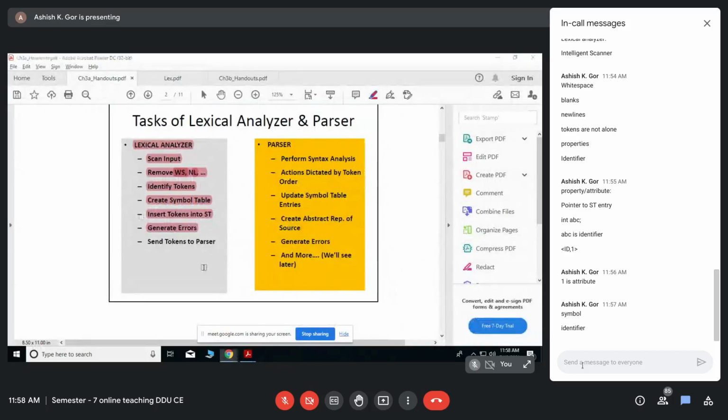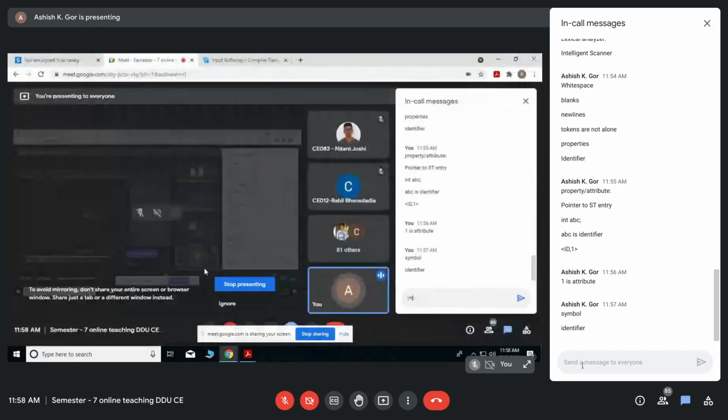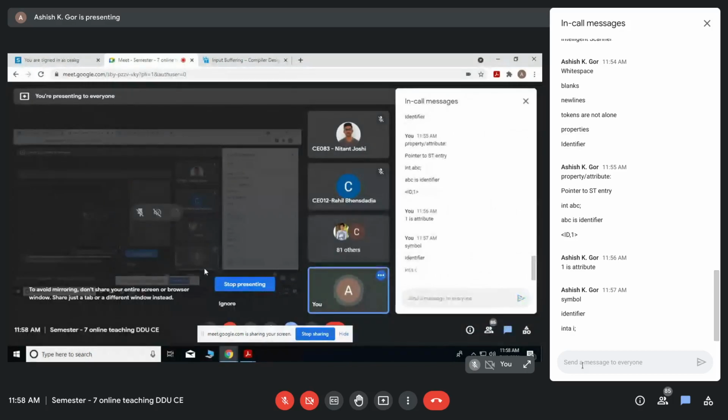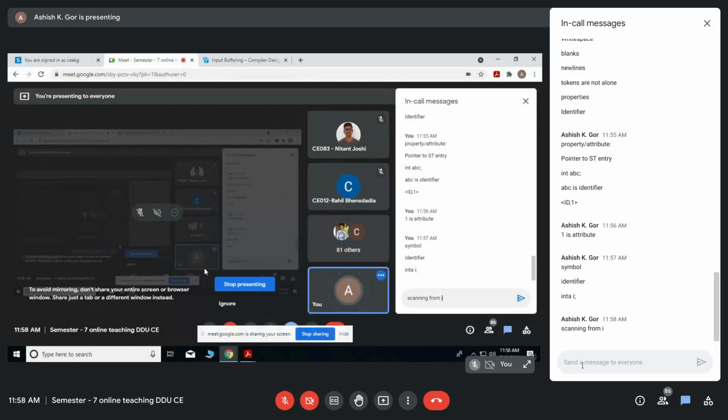For example, if you have written "inta" in place of "int a", suppose you have written it like this. What will happen is it starts scanning from I, then sequentially goes to N, then T, then A, until the white space occurs.